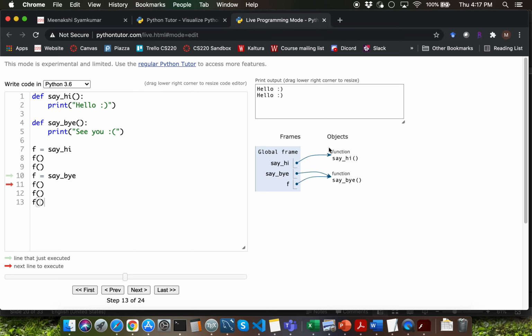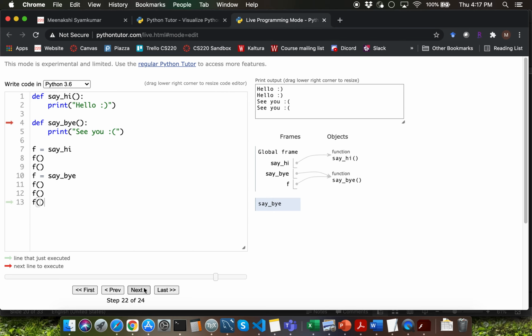So that's going to change the arrow from the first function object instance to the second function object instance, which is for the say_by function here. So now when we execute line number 11, we'll be invoking the say_by function. Observe that the function call frame now displays say_by, which is the original name of that particular function object instance. So we are going to display cu sad smiley face in line number 11's function invocation,